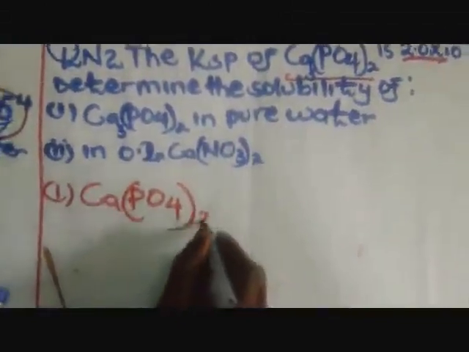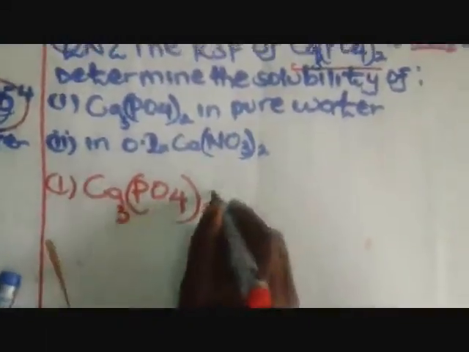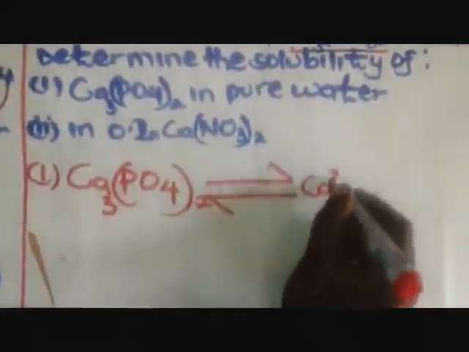So here we have our 2 and our 3 there. We said you can add there or you can write reversible arrows. You obtain calcium ions plus the phosphate ions. Don't forget that. But now to balance our equation, here we have 3 and there we have 2. You can see that.